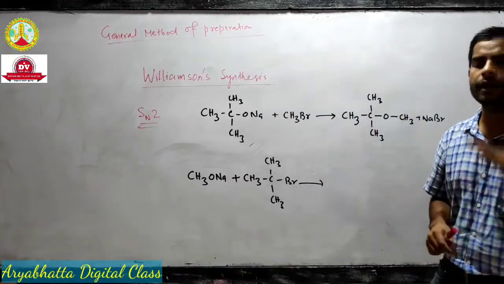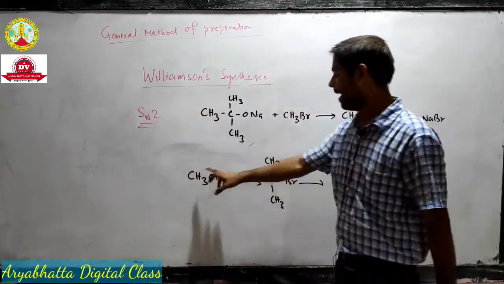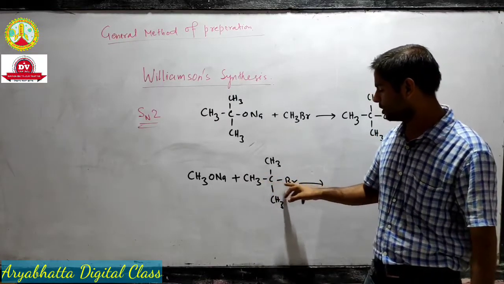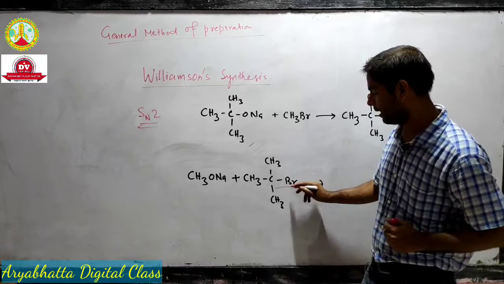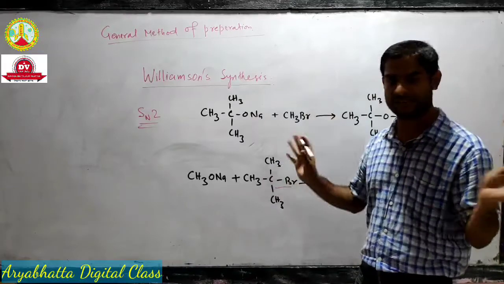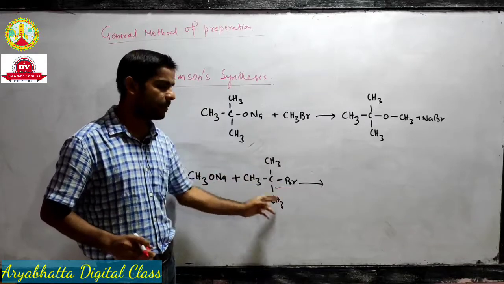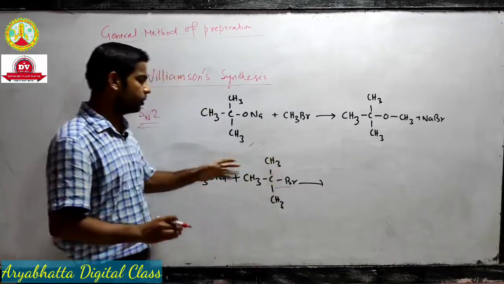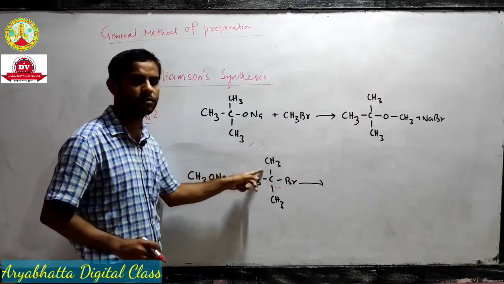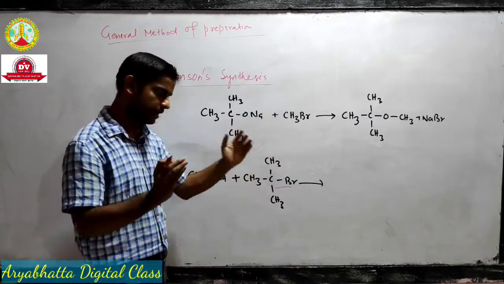We have seen in the last chapter that in the SN2 mechanism, since a backside attack of the nucleophile takes place, if the carbon to which the halogen is connected is overcrowded, or if there is steric hindrance around the carbon, since this carbon is surrounded by 3 bulky methyl groups, it makes it difficult for the nucleophile to enter from the backside. These methyl groups will create a barrier.